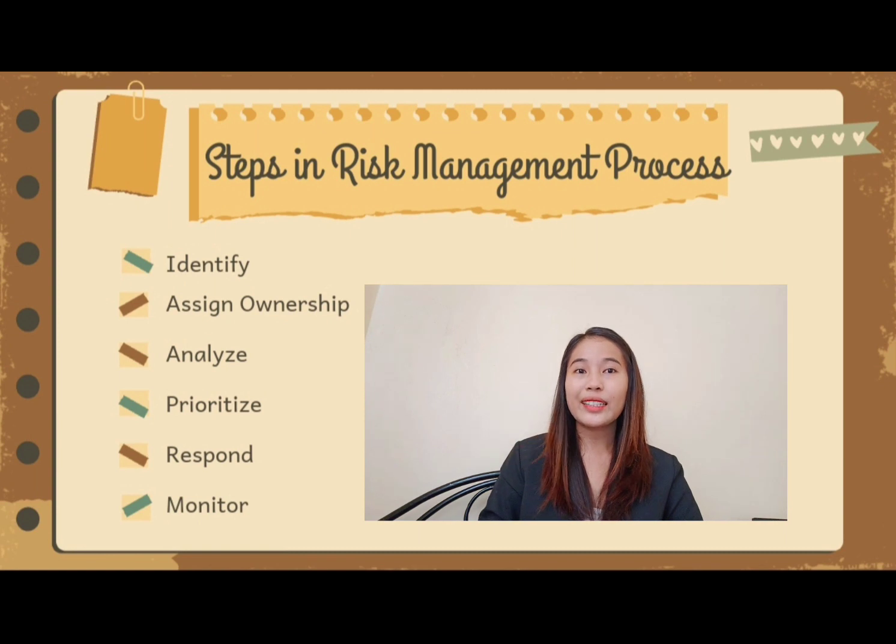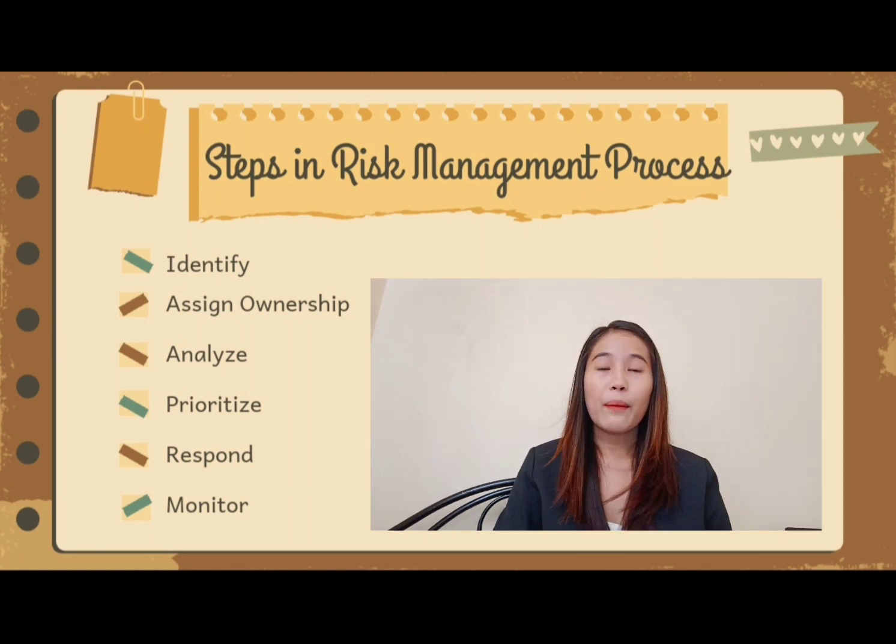Number 3 is analyze each risk to fully understand the driving factors involved and potential impacts. Be sure to consider the depth of each threat at this stage in order to evaluate the severity of each risk in the context of the overall project. Number 4 is prioritize project risk according to urgency and the severity of the impact they could cause.